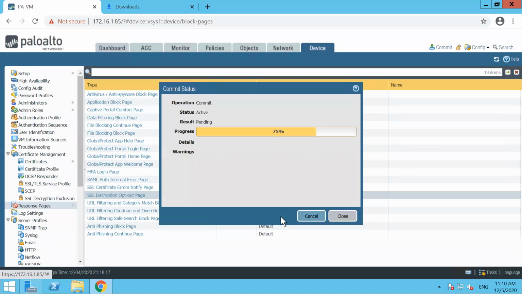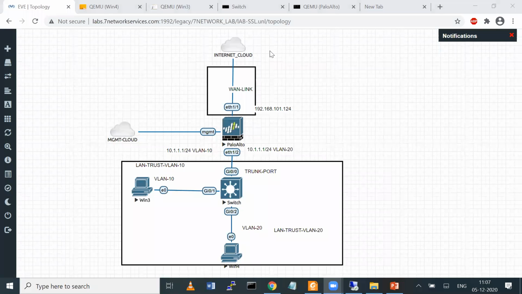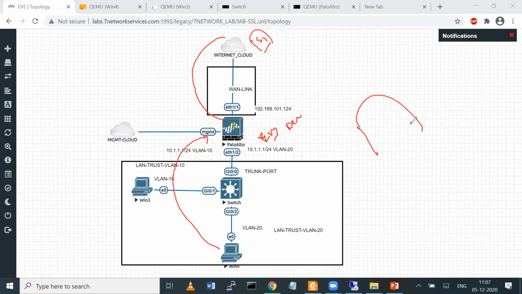ऑफलाइन, SSL आउटबाउंड डिक्रिप्शन, लाइक डेटा ट्रैफिक इंक्रिप्शन आपका हो रहा है, बट आपका फायरवॉल एक तरीके से मैन इन द मिडिल का काम कर रहा है। जितना भी डेटा आपका क्लाइंट मशीन से फायरवॉल पे आएगा, फायरवॉल इनक्रिप्टेड डेटा को डिक्रिप्ट करेगा, चेक करेगा, फिर से री इनक्रिप्ट करेगा और सर्वर के पास भेज देगा, पब्लिक सर्वर जो भी एक्सेस कर रहे हो। तो डेटा क्योंकि यहीं पे री इनक्रिप्ट डिक्रिप्ट हो रहा है, तो ये पूरा चेक कर सकता है, इंस्पेक्ट कर सकता है।